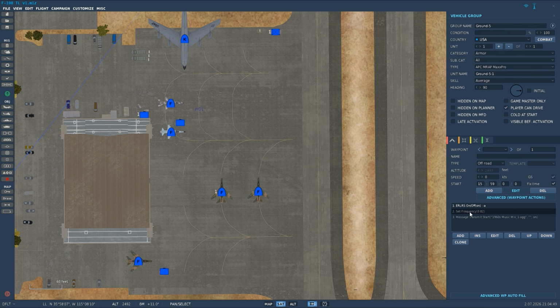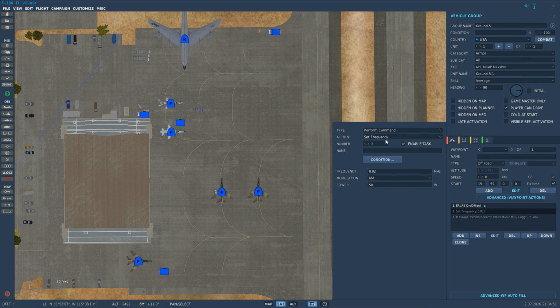We'll need to add a couple of mission options here. You'll go to add, perform command, set frequency, and then you will set this up to the frequency that we're tuned to on the plane. Understand this is in megahertz in the mission editor. So when you enter the number, do not put 850 and then enter it, because that's 85,000 megahertz by the formulas. You'll need to put 0.82, which would be the way of getting 820 megahertz that you can tune to on the radio compass in